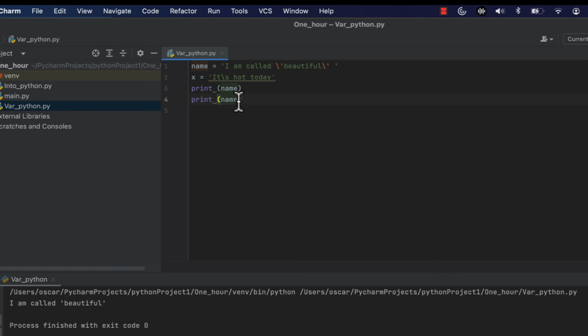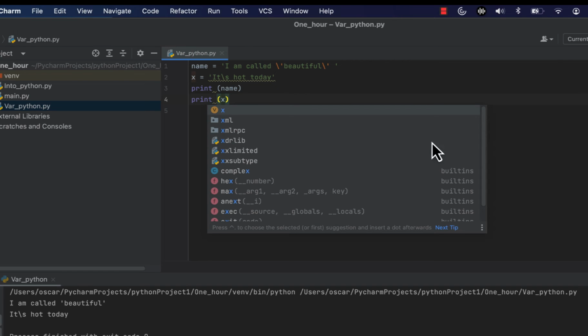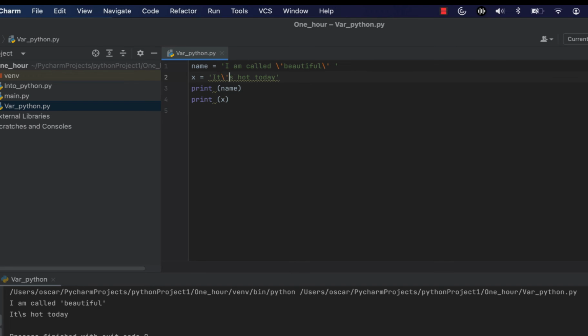So here. I'm sorry, I should put s here. So it means that here it is. So escape this comma after this, after t. Okay, and then I create another variable, and I said week, and then I say